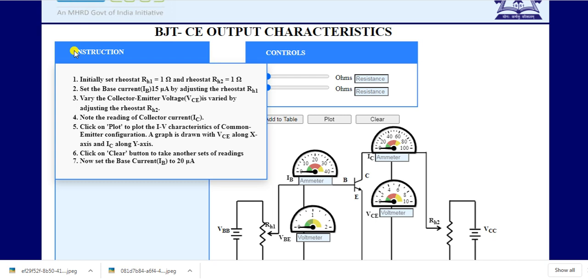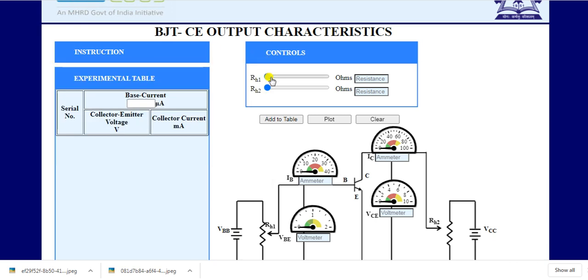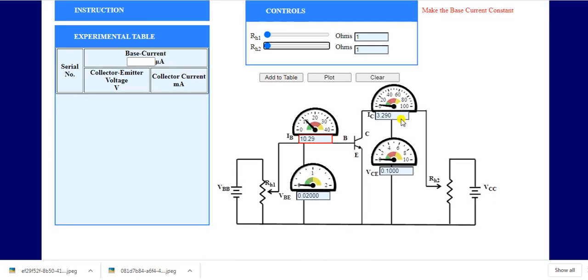So let's start. First set the value of RH1 to 1 ohm, RH2 to 1 ohm, then set the value of base current to 15 microampere simply by changing the value of RH1.